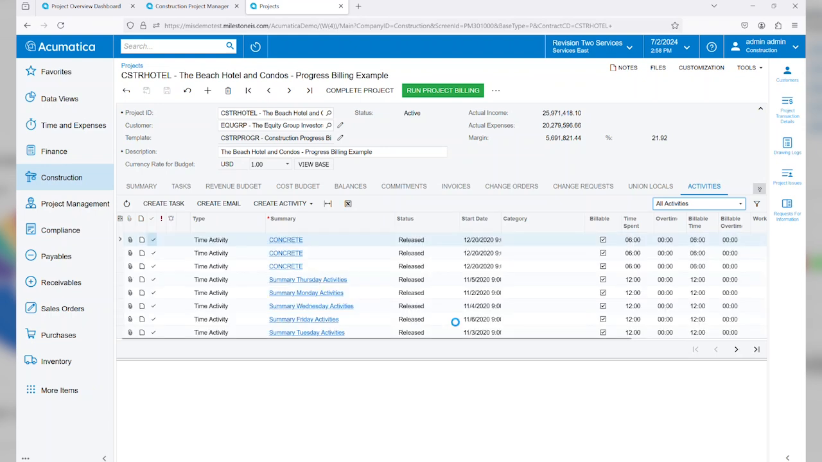Any associated activities that have originated from Acumatica will be tracked on our Activities tab. This might include time activities, any emails that have been sent back and forth to the customer for communication, even accounts receivable invoices that have been emailed to the client. You'll also notice that we can create additional tasks and emails right here from our project,